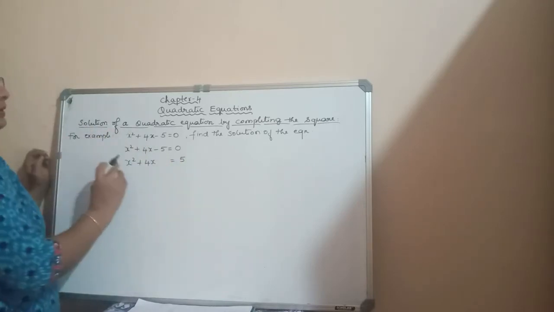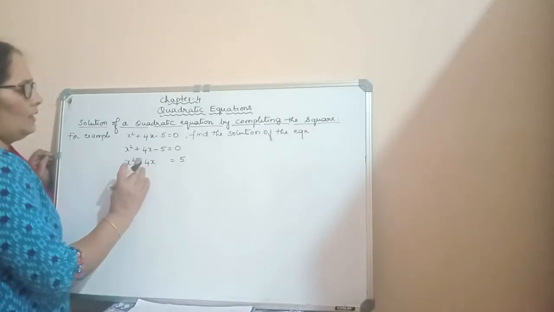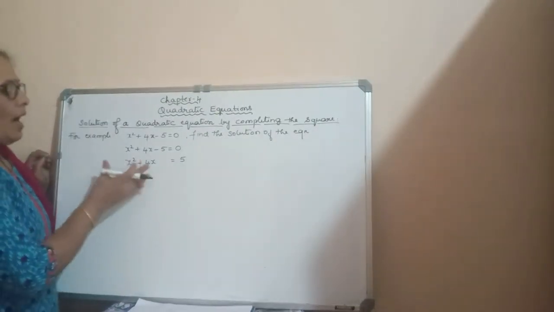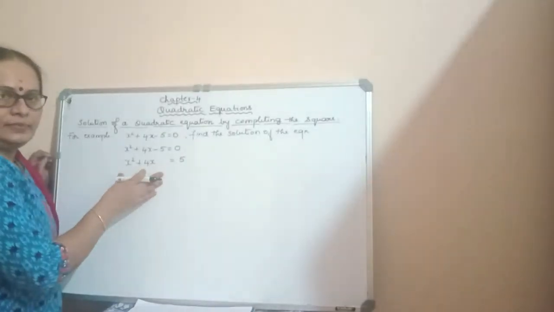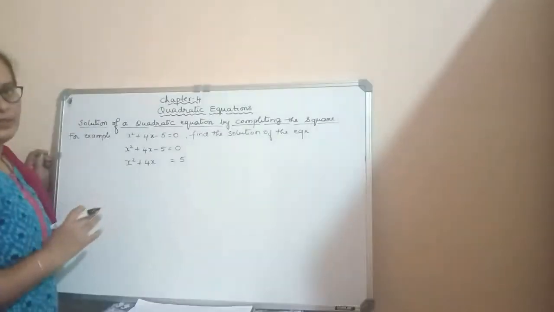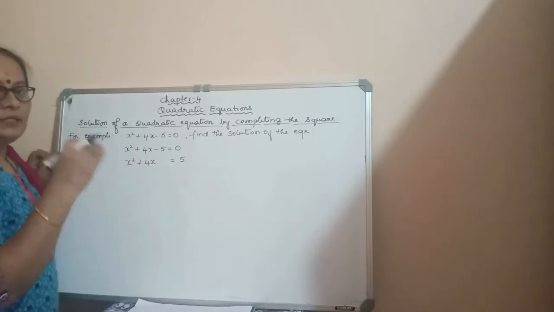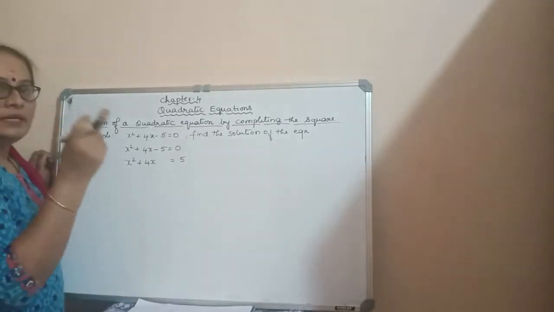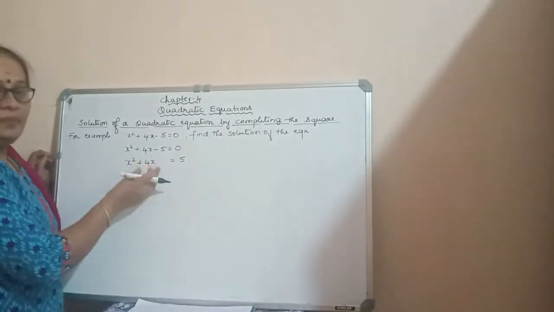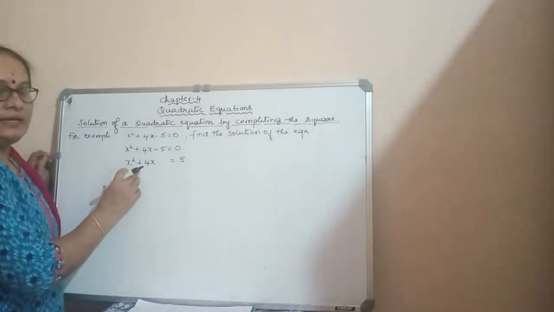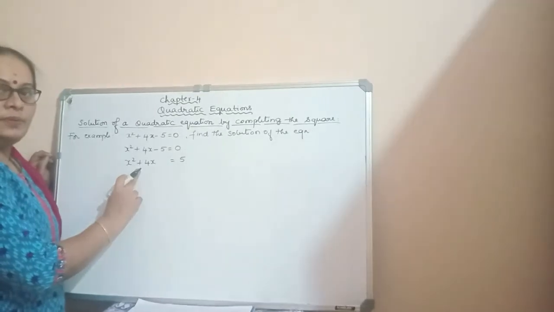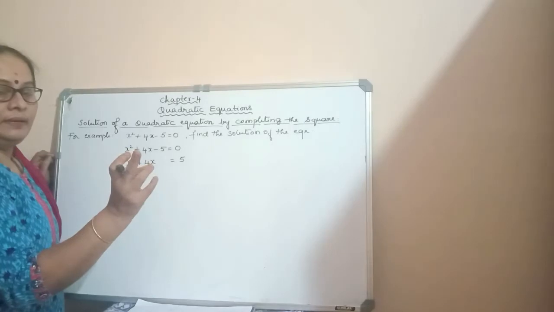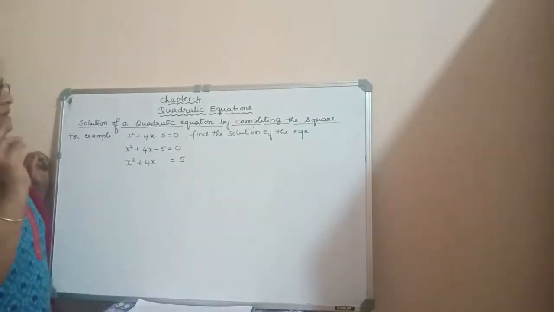Now go through the equation here. Now here you have a plus sign. It means that you have to make the equation in terms of (a plus b) whole square. So (a plus b) whole square is what? a square plus 2ab plus b square. So here 2ab is positive, it means that it is in the form of (a plus b) whole square. Suppose this 2ab is negative, then it will be (a minus b) whole square.